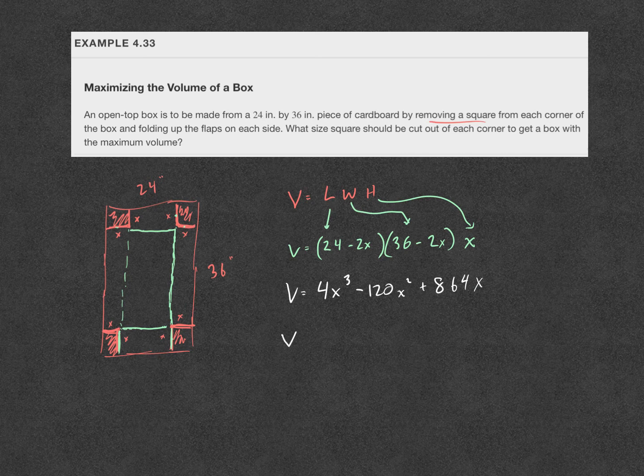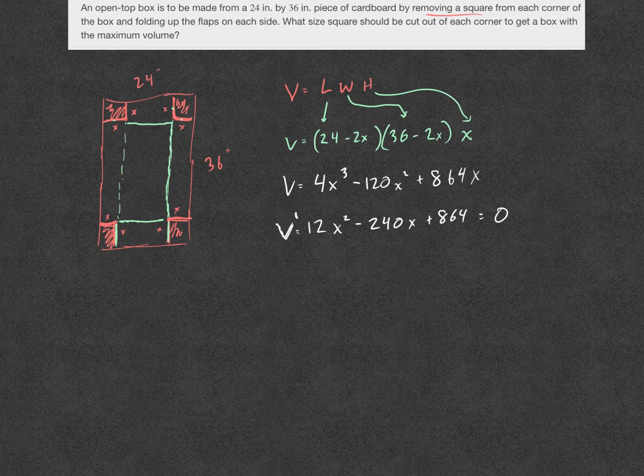So I'm going to take the derivative of that: 12x squared minus 240x to the first power plus 864. And then I want to set that, oops, that's the derivative, forgot my prime. And then I want to set that equal to 0 and solve for my x's. Now, luckily, every term in that equation is divisible by 12. If I divide everything through by 12, what we get is x squared minus 20x plus 72 equals 0, which